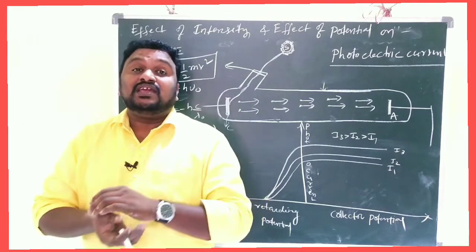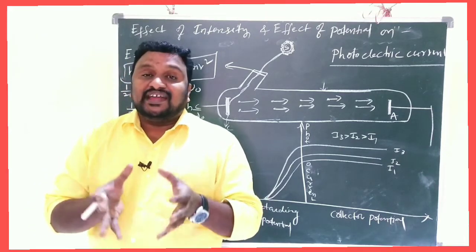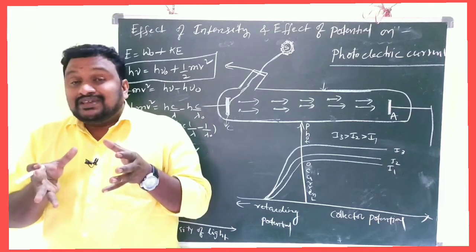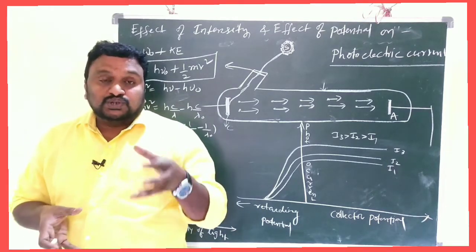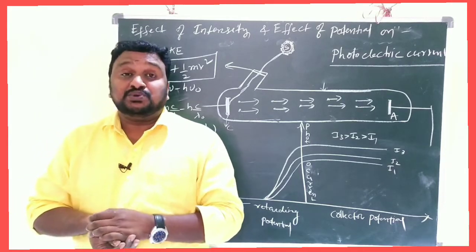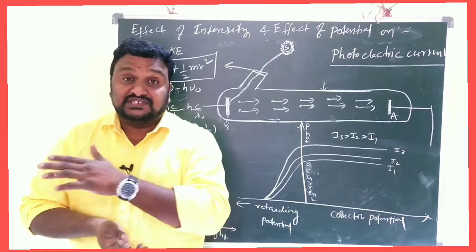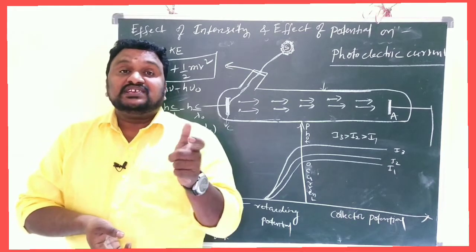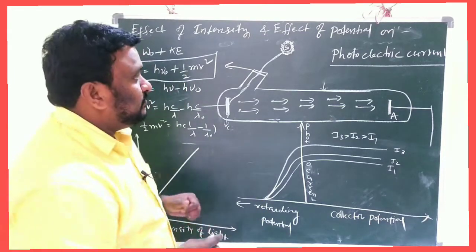Okay children, so here Einstein gave one equation for the photoelectric effect, that is commonly known as Einstein's photoelectric equation. Clear? So according to Einstein, light must consist of photons. Those photons have some energy h nu, E is equal to h nu, commonly what we call energy packets. E is equal to n h nu, like that. So E is equal to h nu according to Einstein.